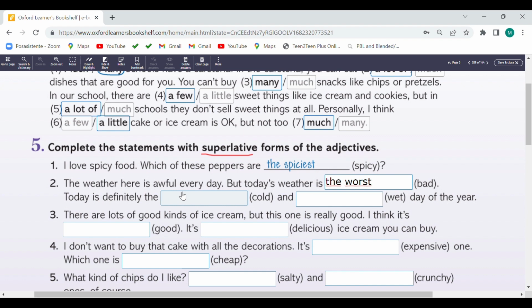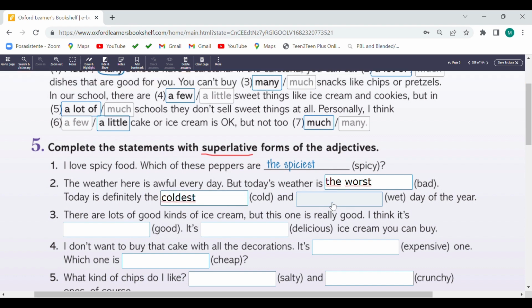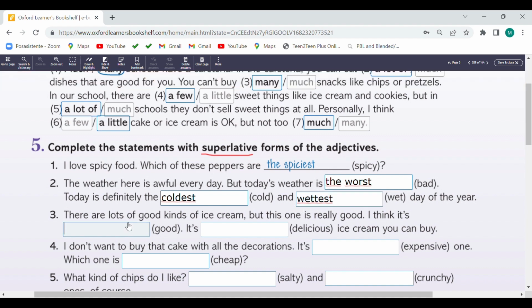Today is definitively the coldest. Eso lo colocamos the. And where is good? I think it's the best.